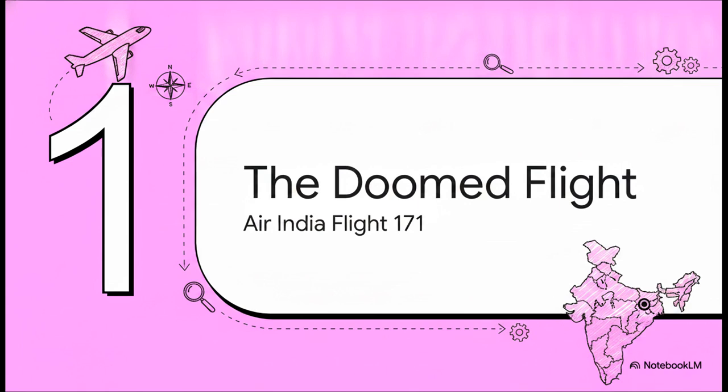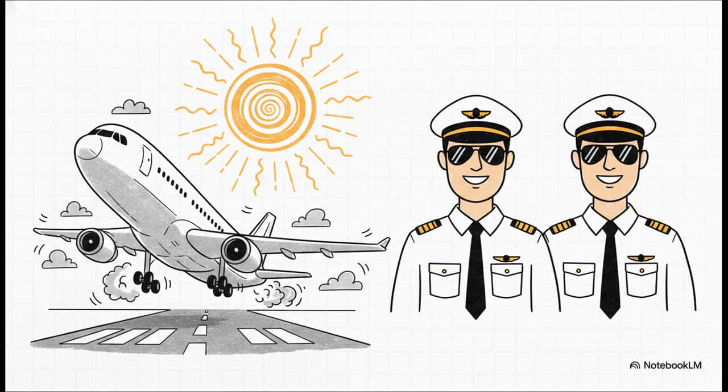The doomed flight. All right, let's dive right into this by establishing the baseline of exactly what happened on June 12, 2025 in Ahmedabad. Understanding the starting conditions is totally critical for everything that follows. What's really interesting here is that we're looking at a completely normal, capable setup. You have a heavy aircraft, we're talking over 200 tons, with 54,000 kilos of fuel loaded up for a 9-hour flight to London. It was a hot day, about 36 degrees Celsius, meaning the air was pretty thin. That naturally requires more runway and more speed to generate lift, but honestly, this was well within the Boeing 787's capabilities.